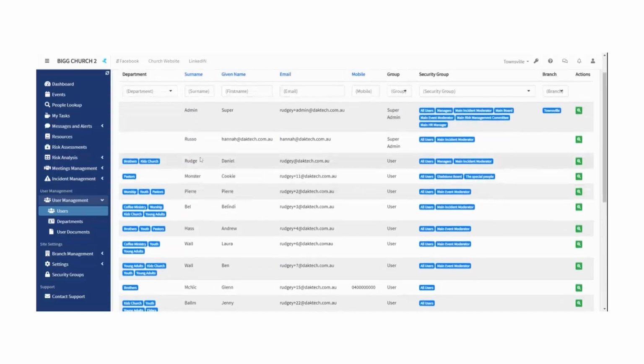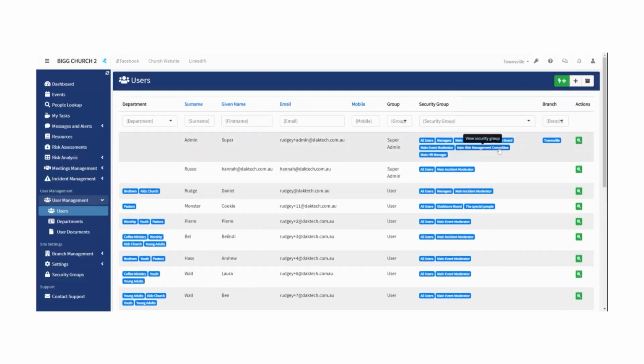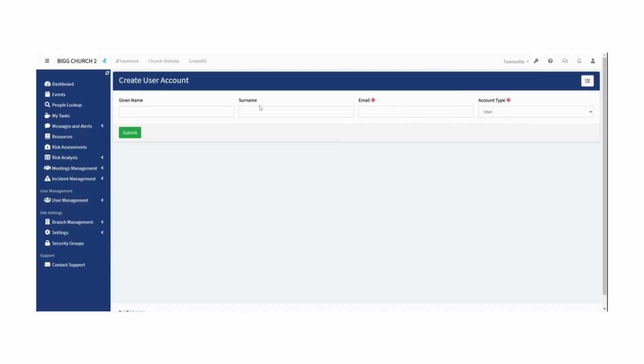Okay, so here you can add users. There's 3 ways you can add users. You can hit the quick add, the lightning button. You just whack in a name, just like that. And I'm going to use a completely fake email address